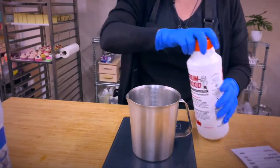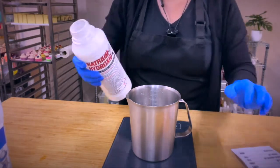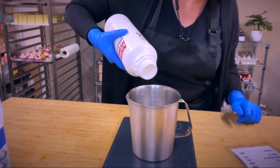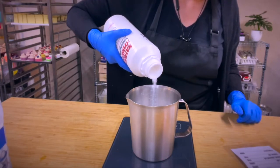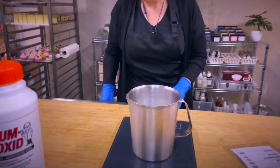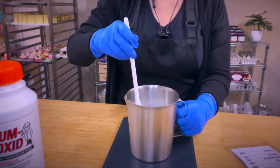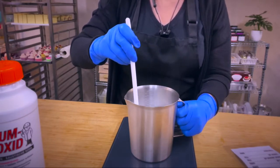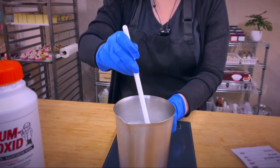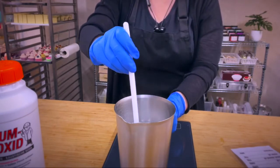If you are new to soap making, you might want to do the weighing out of the lye separately, so you don't risk overcompensating. Always mix as soon as you can, so you don't have big clumps of lye remaining undissolved in your solution. Don't inhale the fumes, and then just put your lye solution aside so it can cool down